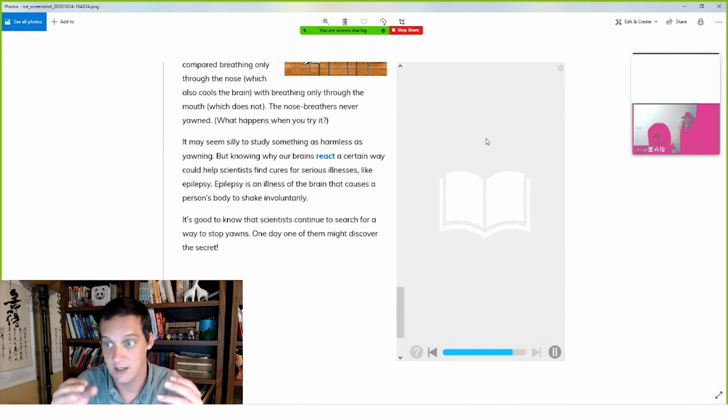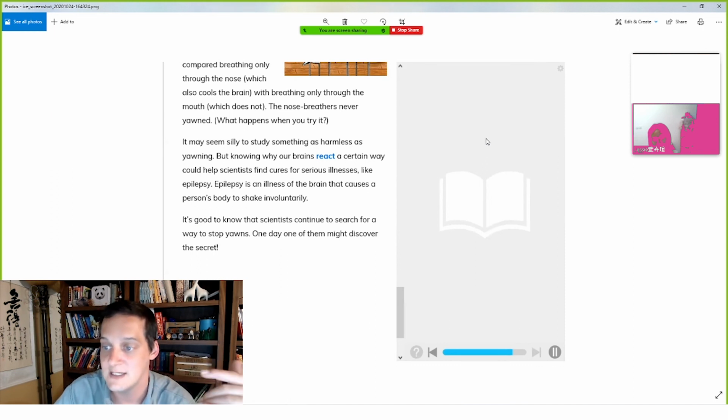I want it to shake. But some people, they don't try to shake their hands or shake their body. You ever see? Usually this is something that happens in older people where they're very shaky. Here's your dollar, you know. And this is usually from epilepsy, and they're trying to discover why the brain causes this. This is a kind of disease from the brain that forces their bodies to shake involuntarily.